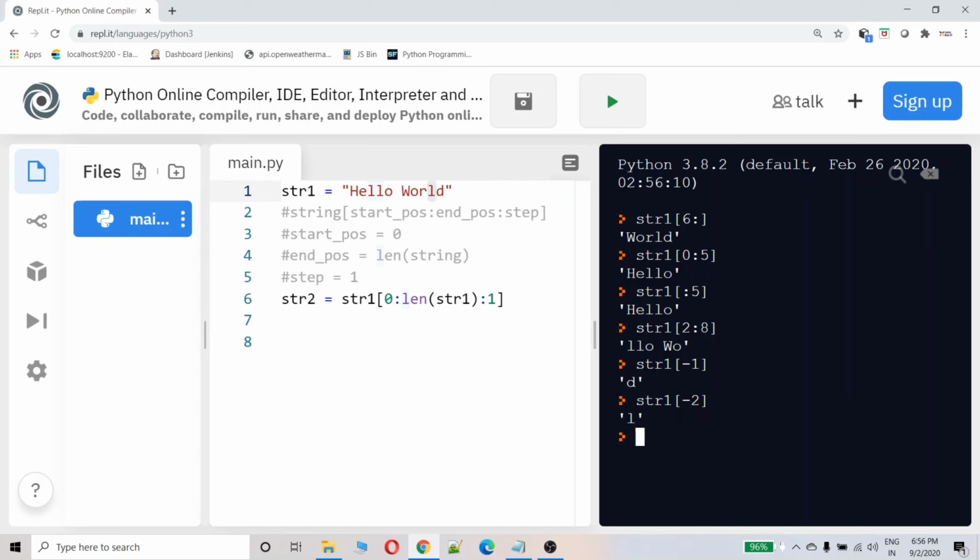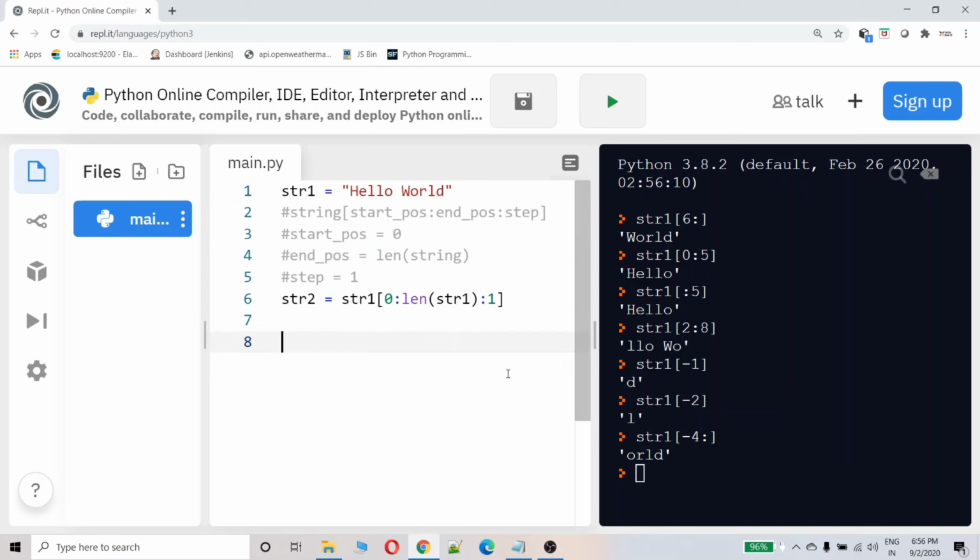What if he wants you to print the last 4 letters? str1[-4:], up to the end. So like this you can solve the question given.